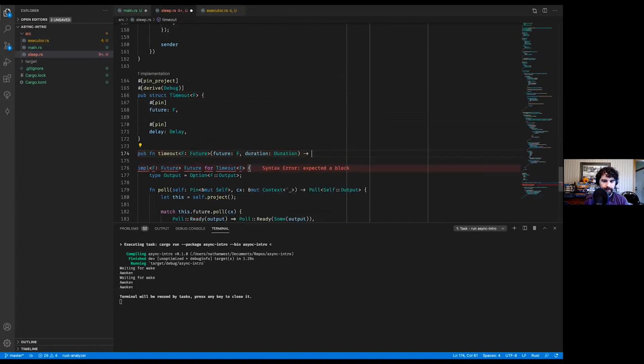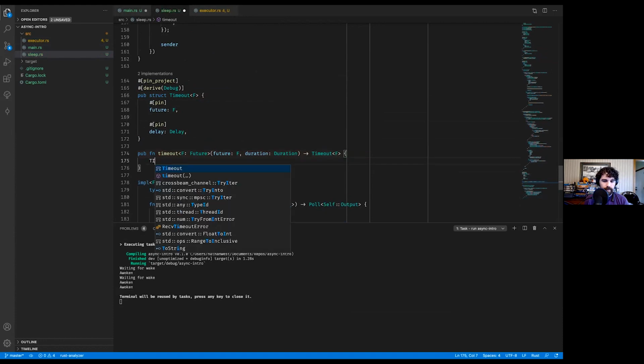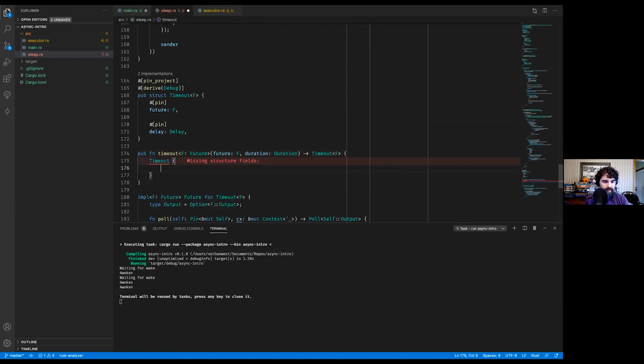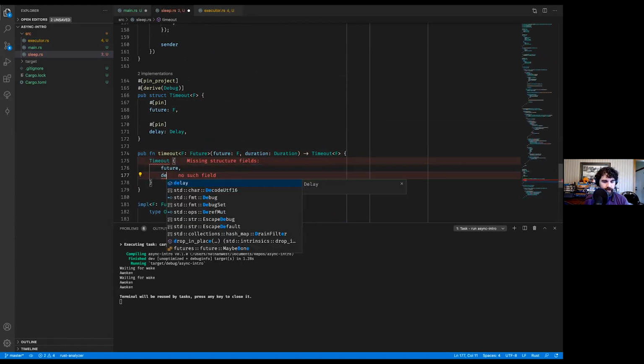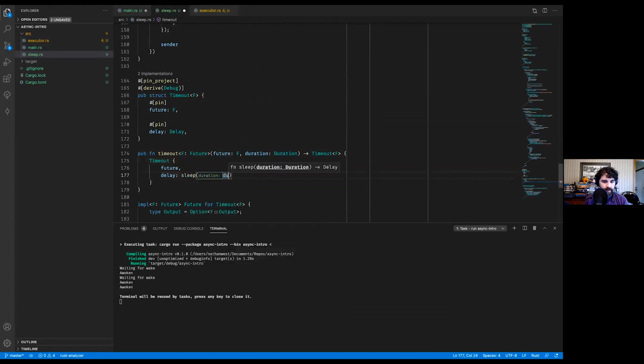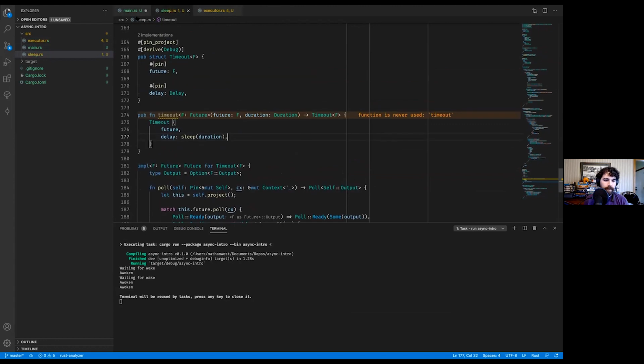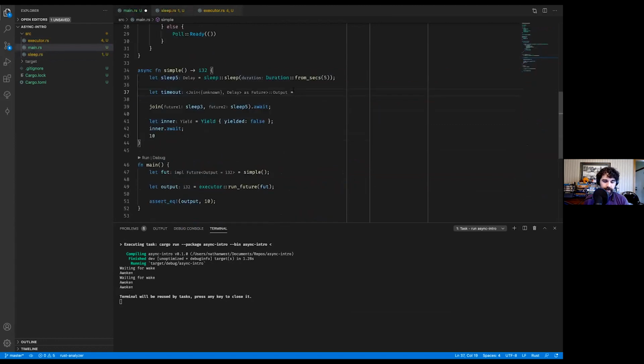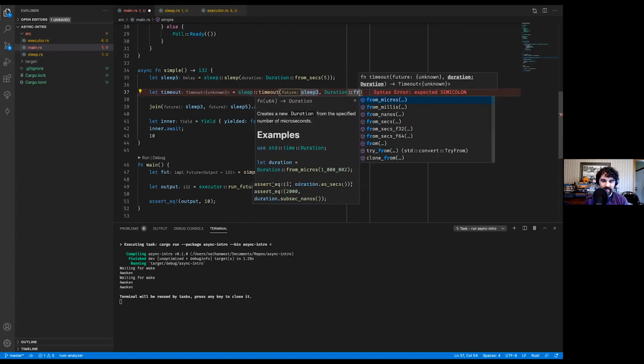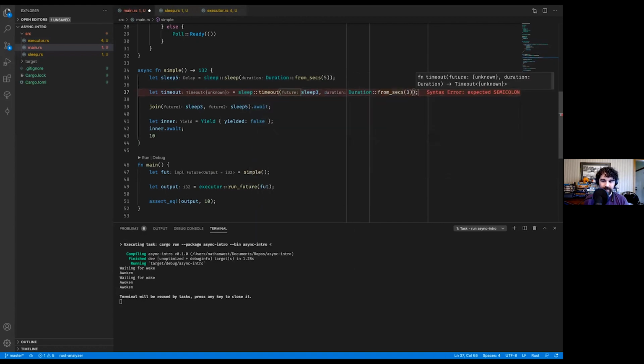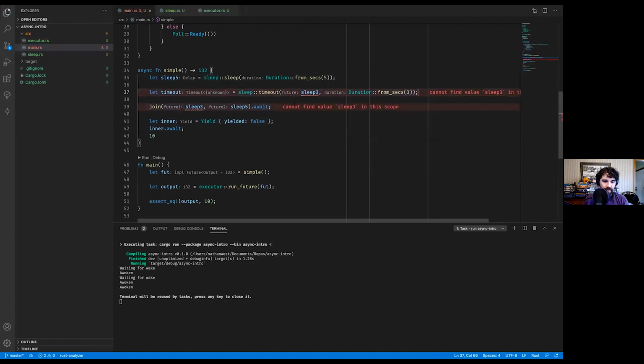Cool. We have our future, and our delay is a Sleep. Great. Let timeout equals Sleep::timeout. So our sleep 5 is going to unfortunately time out after only 3 seconds.